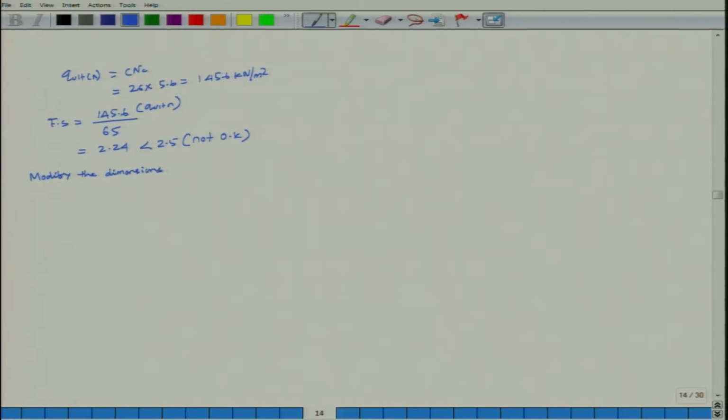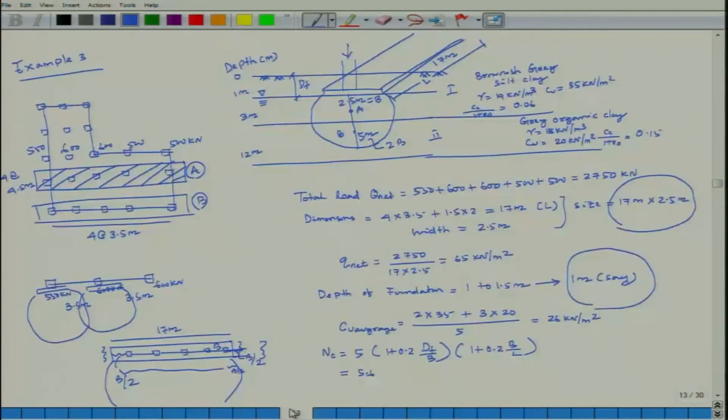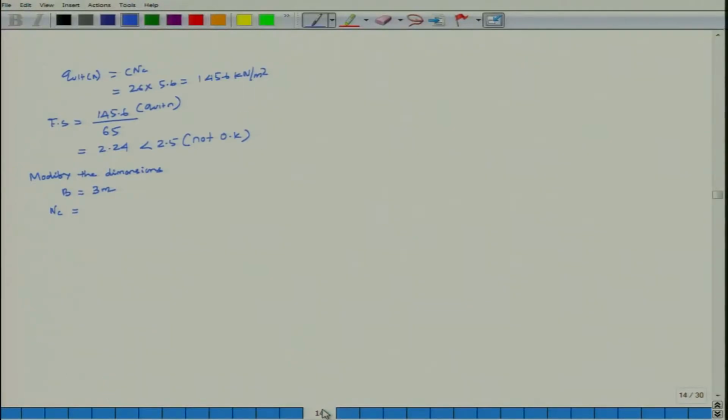So, let us say B is equal to 3 meter. Then NC, using the same equations, comes out to be 5.52,